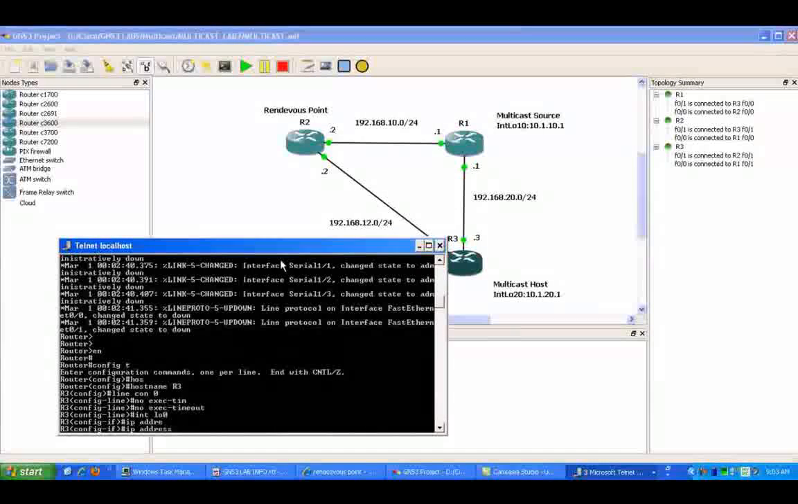All the routers have a loopback address assigned to them. Router 1's loopback 0 is 1.1.1.1. Router 2 is 2.2.2.2 for its loopback 0, and router 3's loopback 0 is going to be 3.3.3.3. And also we have additional loopbacks on loopback 20 on router 3. We have 20,